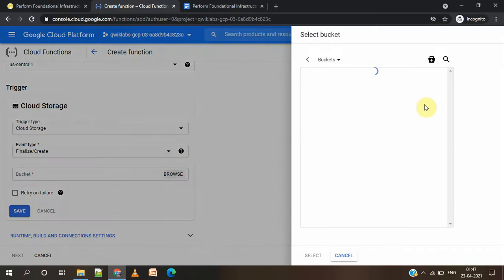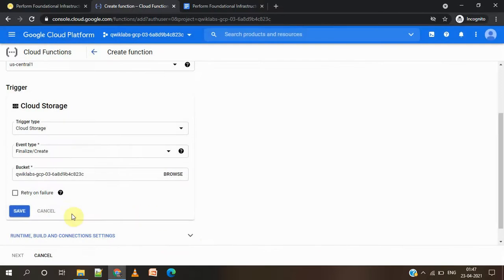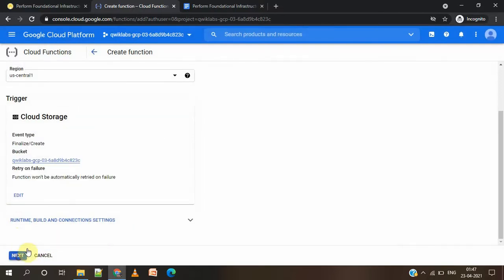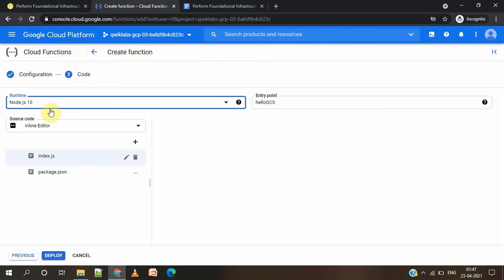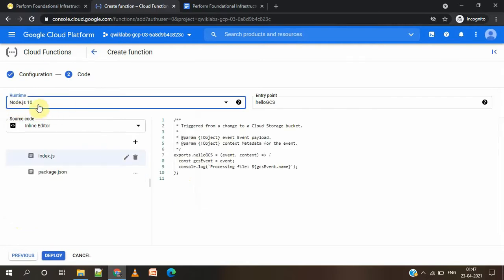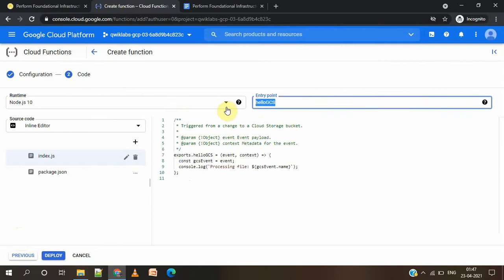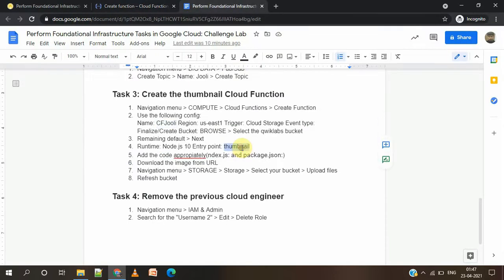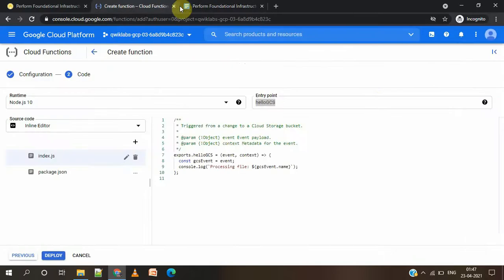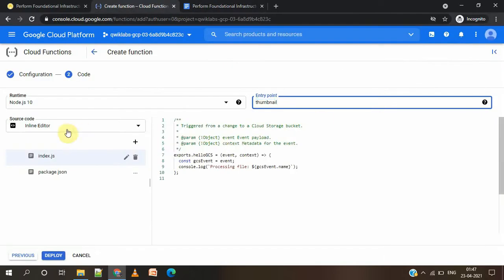Click on Browse, select the bucket name, click on Save, click on the Next button, then choose Node.js 10. Endpoint should be thumbnail, paste here, and we have to rewrite